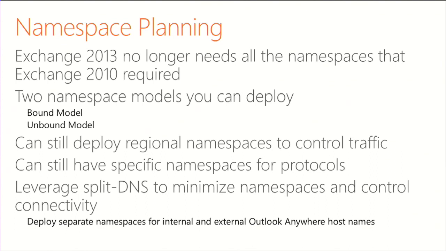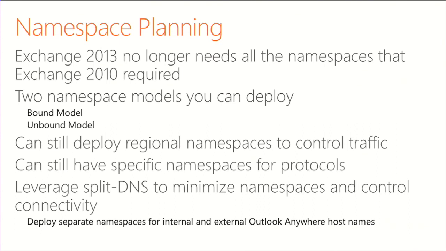We still recommend split DNS for your infrastructure, but there is one caveat that I'll call out. It has to deal with Outlook Anywhere. Outlook, via AutoDiscover, generates an internal configuration and an external configuration. If you do split DNS, you're saying that I'm going to use a single namespace regardless of whether my clients are internal or external. Well, with a single namespace with Outlook Anywhere, that external client is going to spin up,